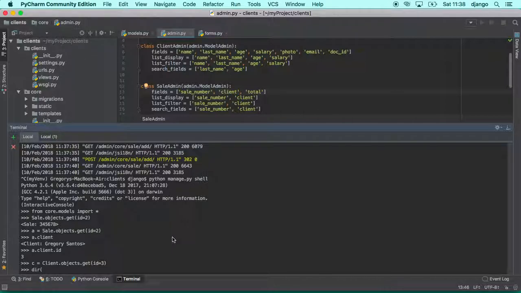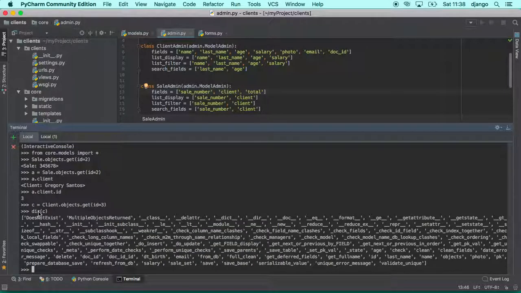If I do dir of c, it will basically show all the options that we have for this client. I have here the client's sales. Let me look for that. Client clean fields, delete, email, full name, salary, sale_set, this one. So if I do c.sale_set.all,